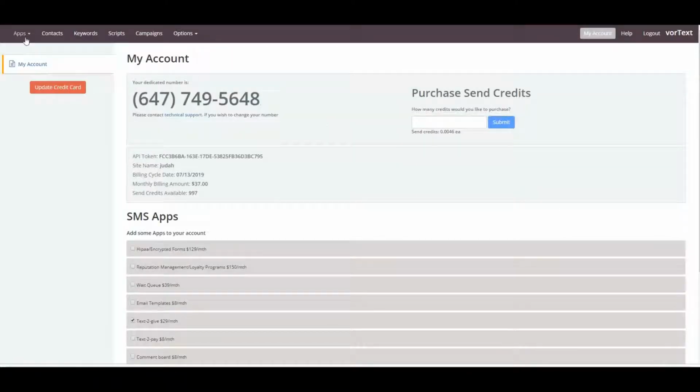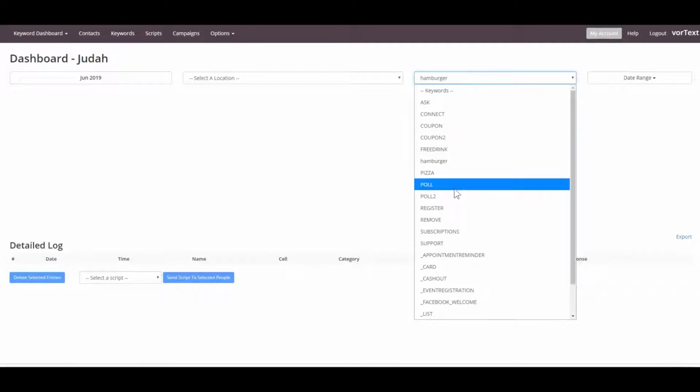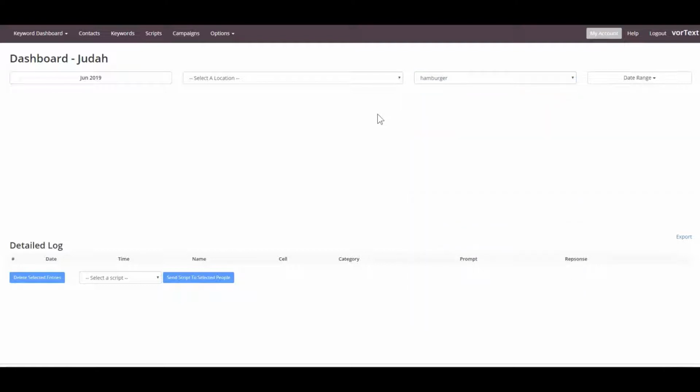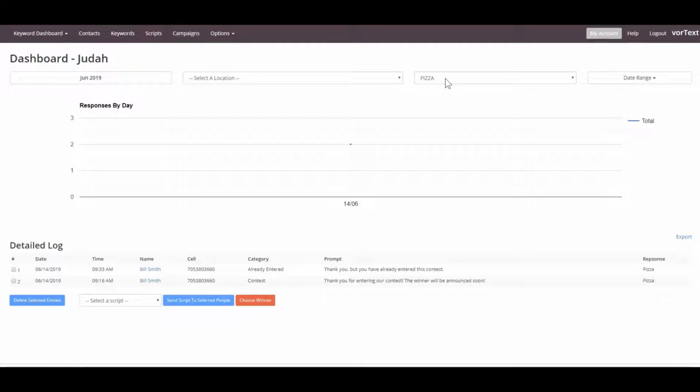So the last thing that I do want to show you is our keyword dashboard. So when people are interacting with your keywords and your scripts, you'll see the results of that interaction here on this menu. This is just our demo platform, so there's not a lot of information here, but all right, good. I've got this pizza one. You can see the responses by day that have come in to this script, and then down at the bottom, you can just have a detailed view